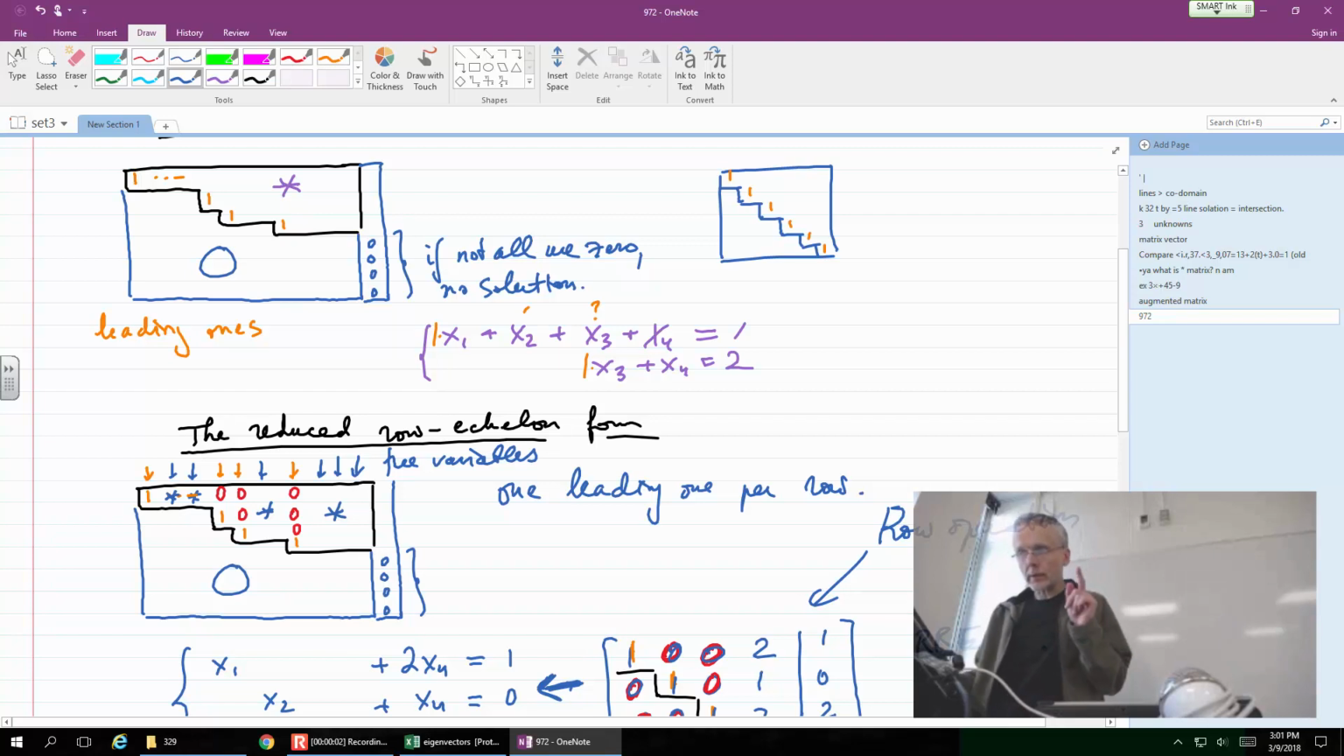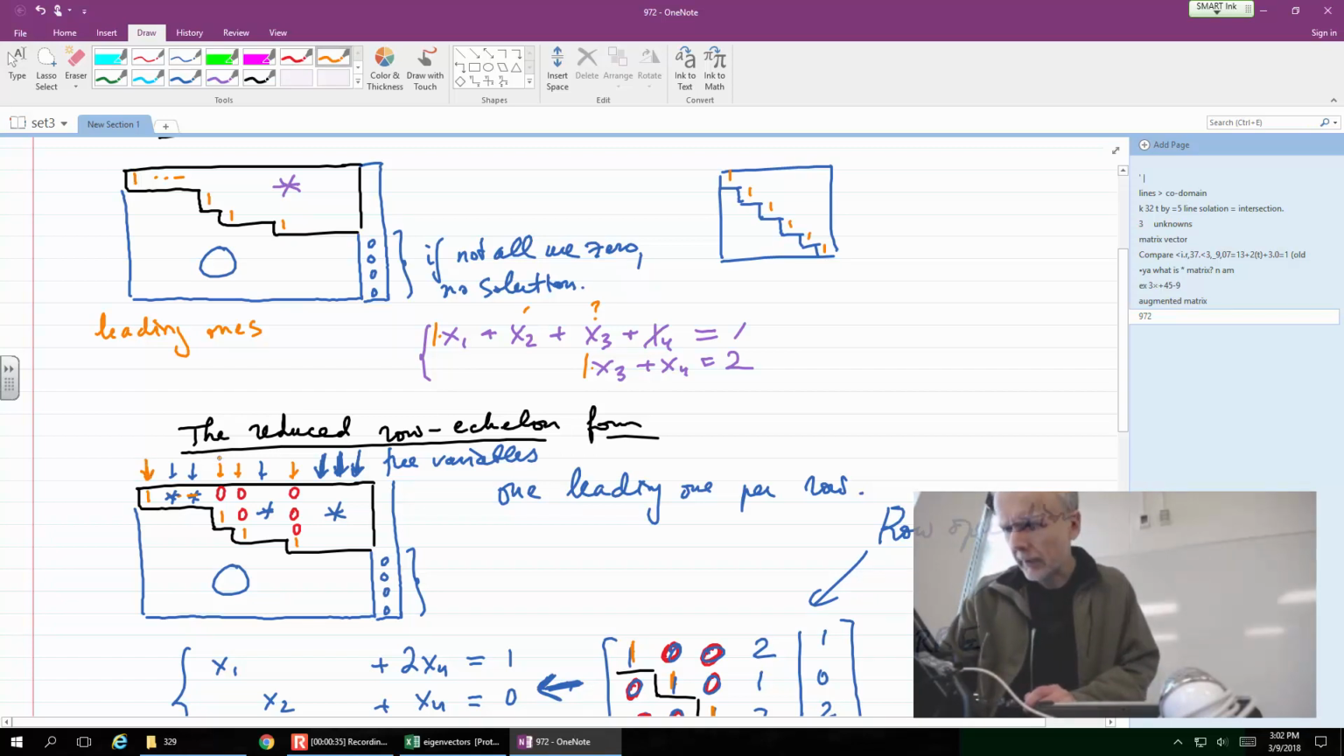So leading ones as opposed to free variables. Free variables are the ones that do not correspond to leading ones. As you can see, the blue ones correspond to free variables. Remember, every row in the matrix corresponds to an equation. Every column corresponds to a variable, by design. So if we are able to create leading ones, those are the variables that